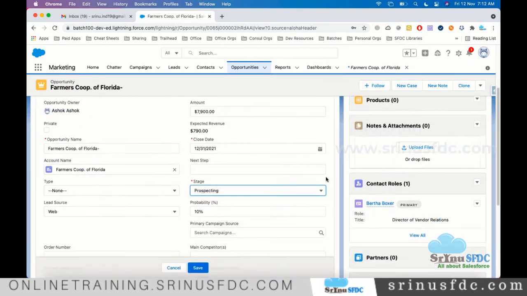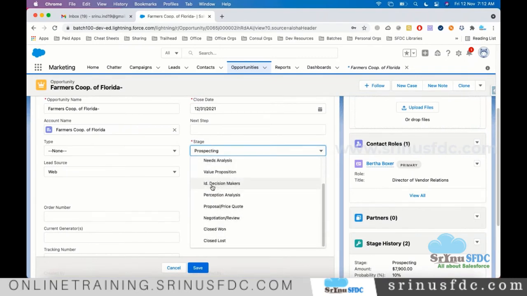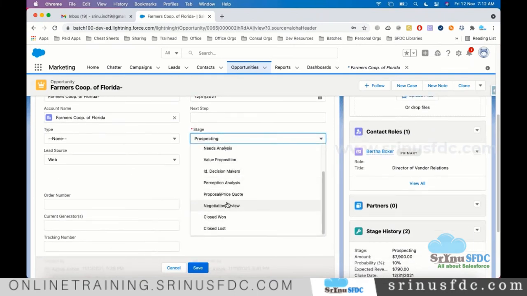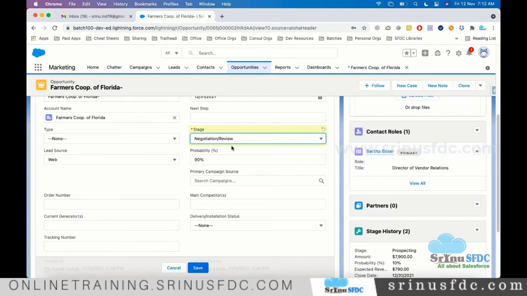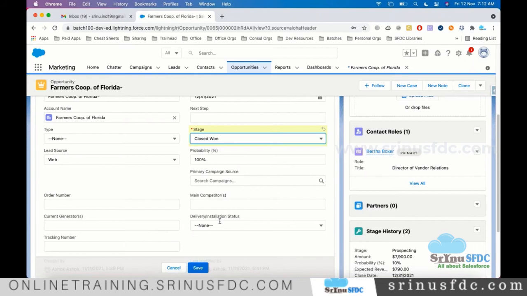There are different stages. If you see, qualification, then maybe decision makers, they are maybe waiting for one of the decision makers' decision, then negotiation and review. I think they are asking for some discount. So there are different stages. Finally, if everything is fine, closed won means they are going to take the product. Otherwise, closed lost.